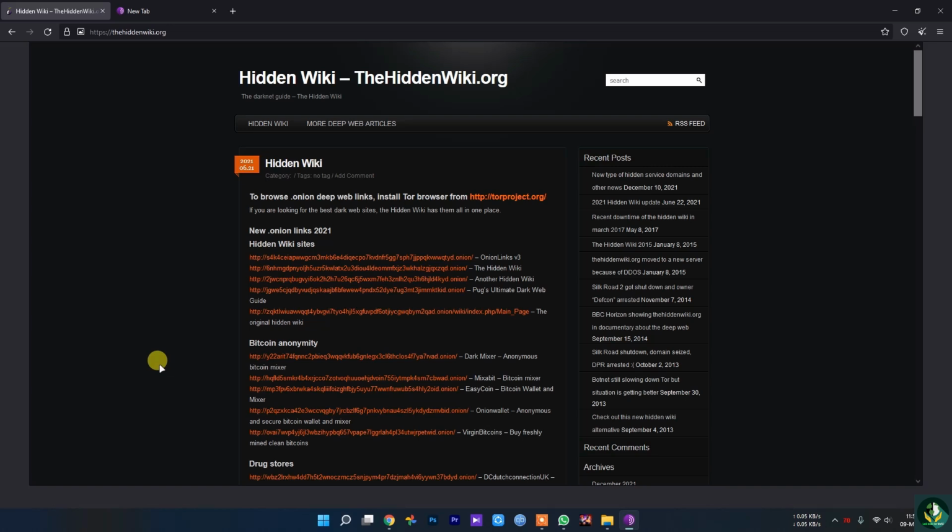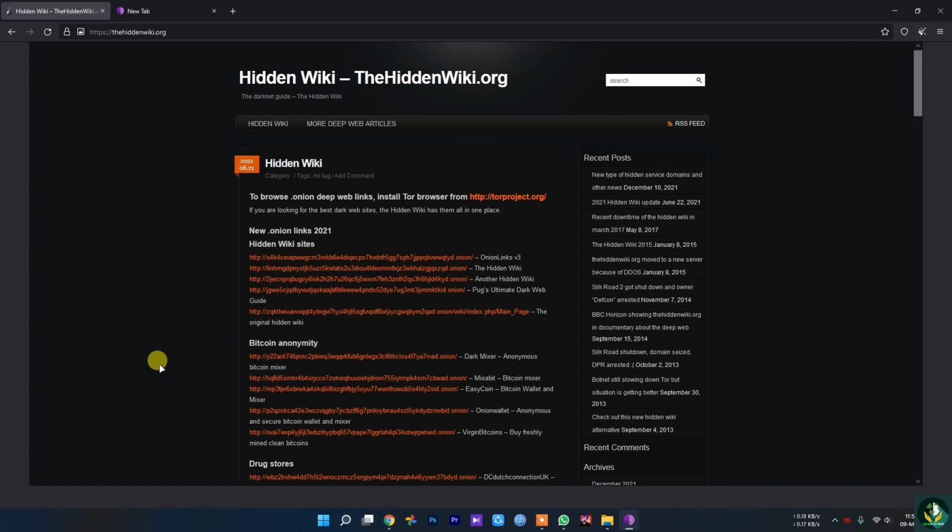Generally speaking, the first thing you realize when browsing through the darknet is that it is relatively slow, because it uses a certain number of proxies. The hidden wiki, as I said, uses the DuckDuckGo search engine, and DuckDuckGo is, I think, the best search engine because it is anonymous and does not take any of your search queries.